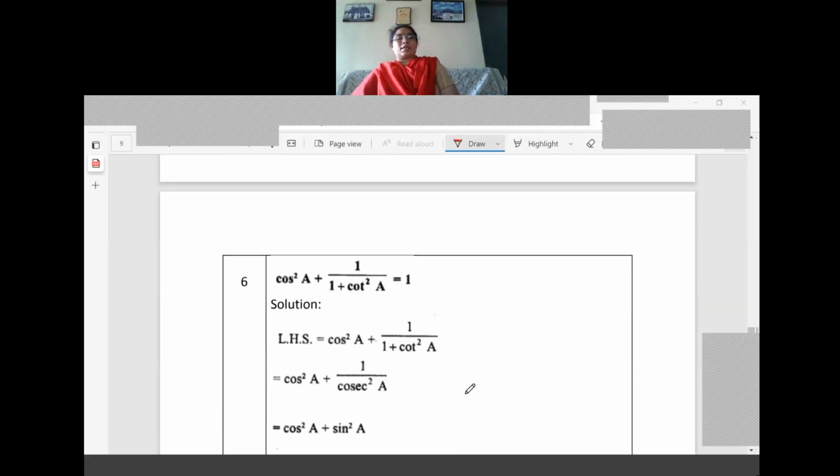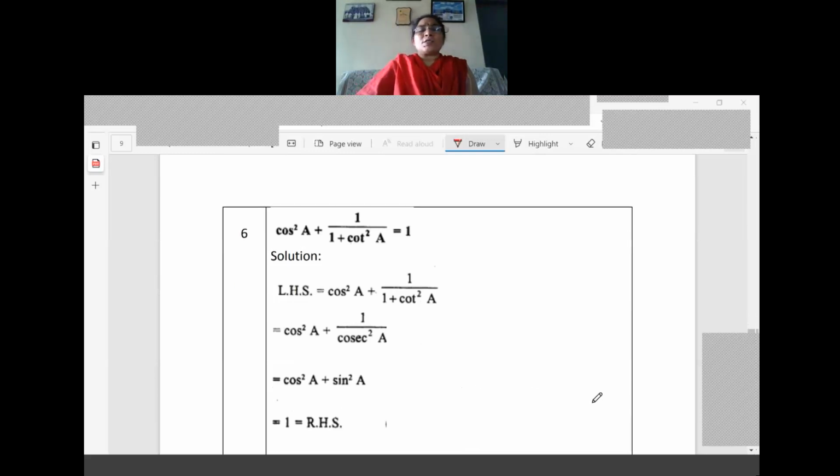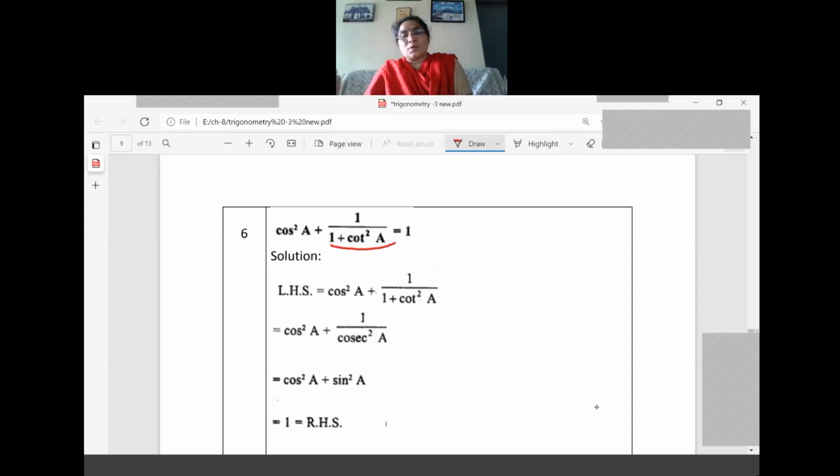Okay, one more question let us try. Prove that cos square A plus 1 by 1 plus cot square A equals 1. So RHS we are not considering, only LHS we are taking. See this one, power 2 is coming, right? Now the denominator 1 plus cot square is there. After seeing this 1 plus cot square A, what idea are you having? We may use the third identity here. So we replace it with cosec square A, right? Now here cos square A is there, and 1 by cosec square A is there. What is 1 by cosec square A? The reciprocal relation comes, it became sine square A only, right? So again we got cos square A plus sine square A equal to 1 only.